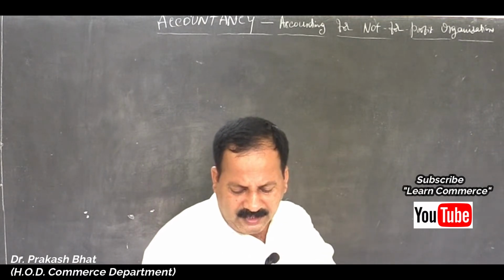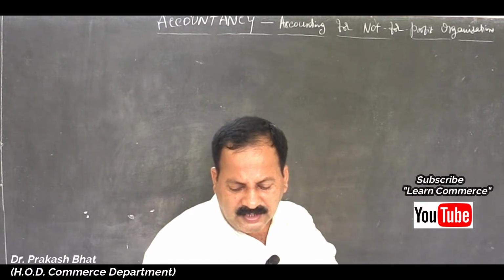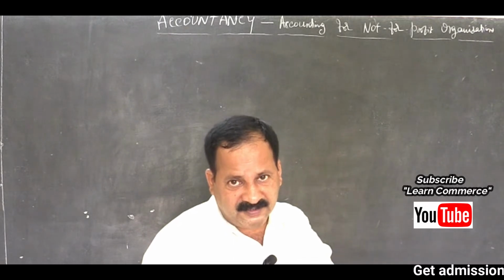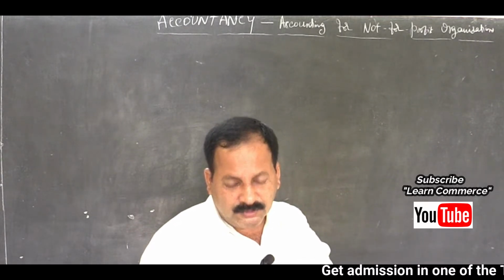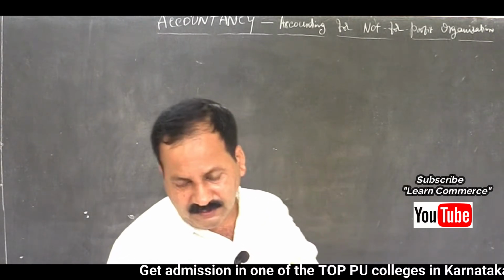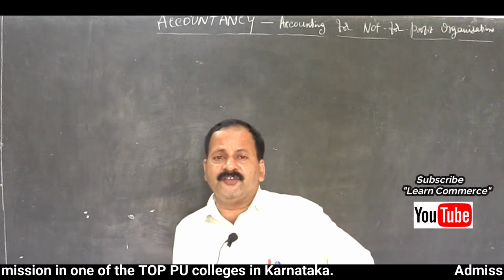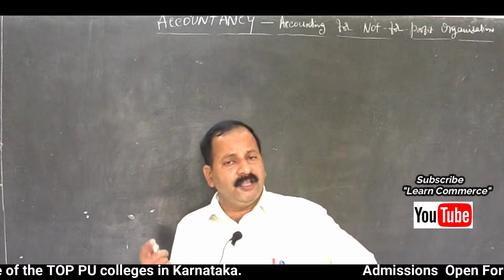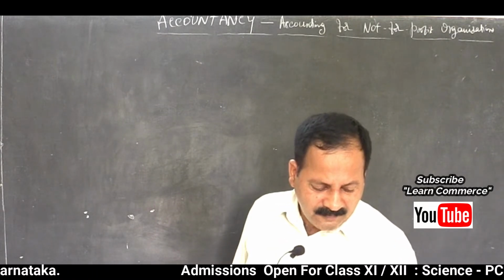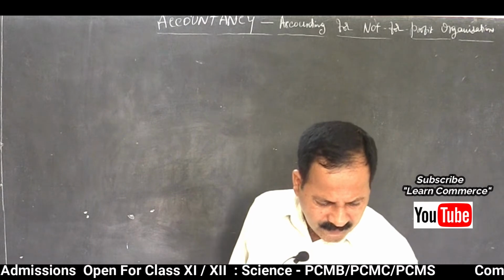Then the club took a loan of rupees 20,000 at 10% per annum for the year 16. So it will appear in the opening balance sheet as loan, correct? Continue as loan in the current year's balance sheet also. We have to show that loan on the liability side of the balance sheet. Let us solve this problem. Problem number 12, right? Yes, it is.